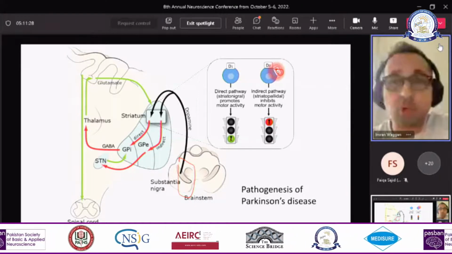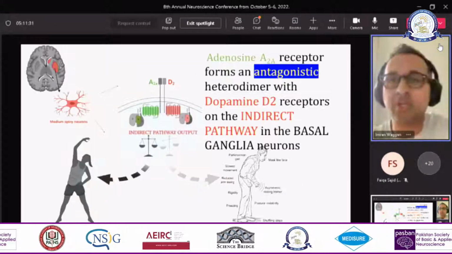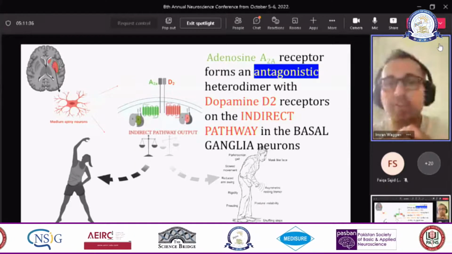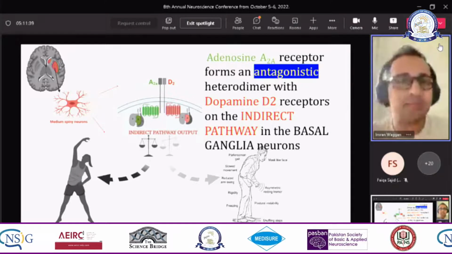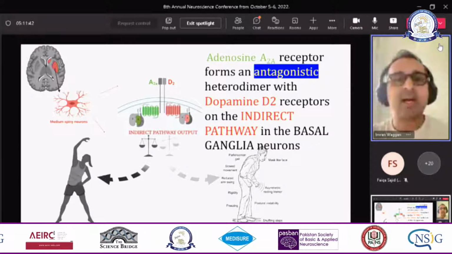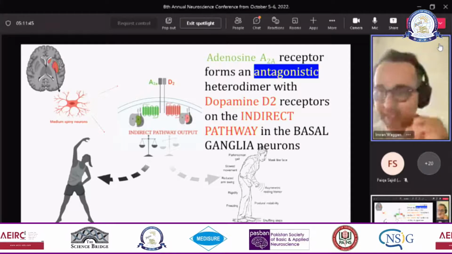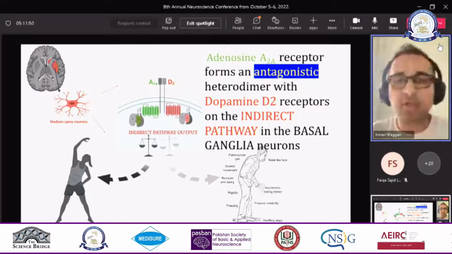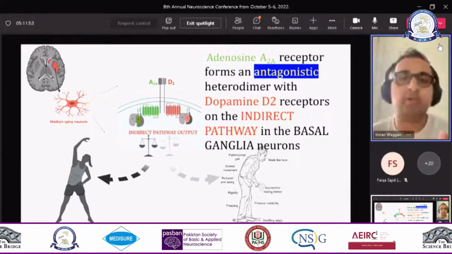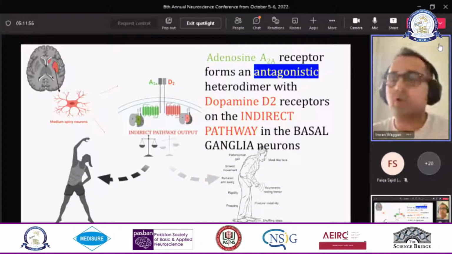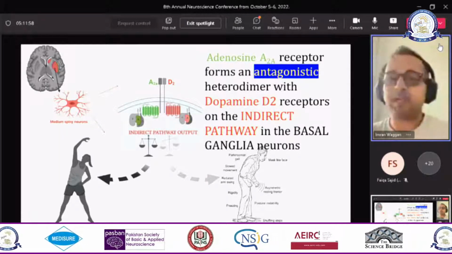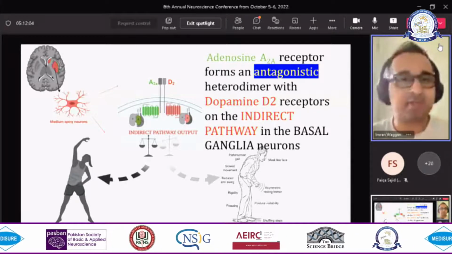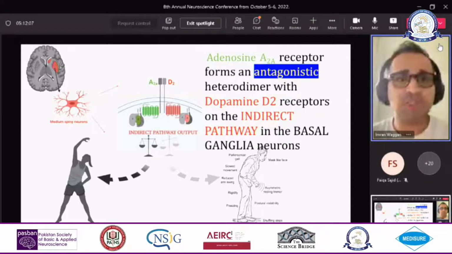So what do these A2A receptors do, and why are we interested in them? These A2A receptors form an antagonistic heterodimer with D2 receptors. In plain terms, whatever the D2 receptor does, the A2A receptor tries to antagonize it and do exactly the opposite. So when we give dopamine agonists, we are manipulating the D2 receptor and its output. But one could also assume that if we somehow antagonize A2A receptors, that could potentially have the same effect, which ultimately